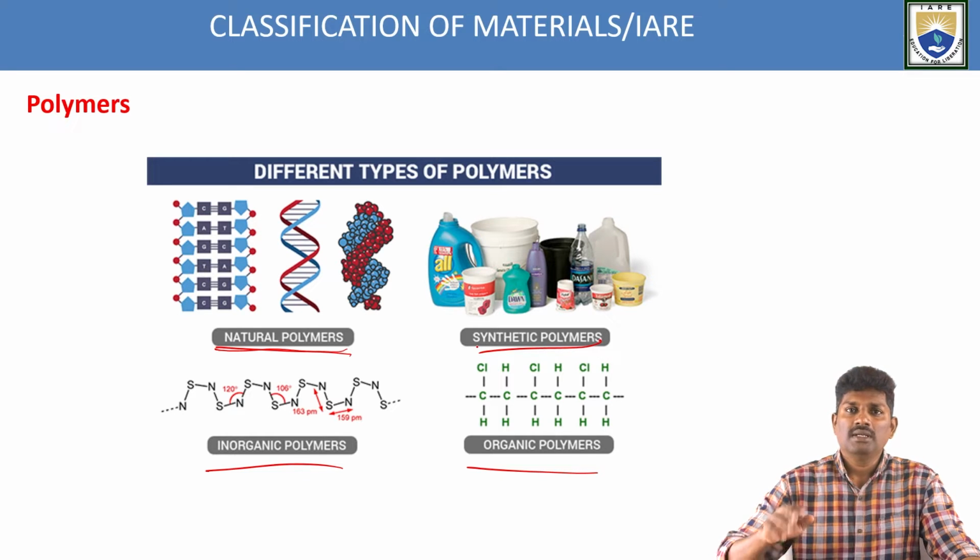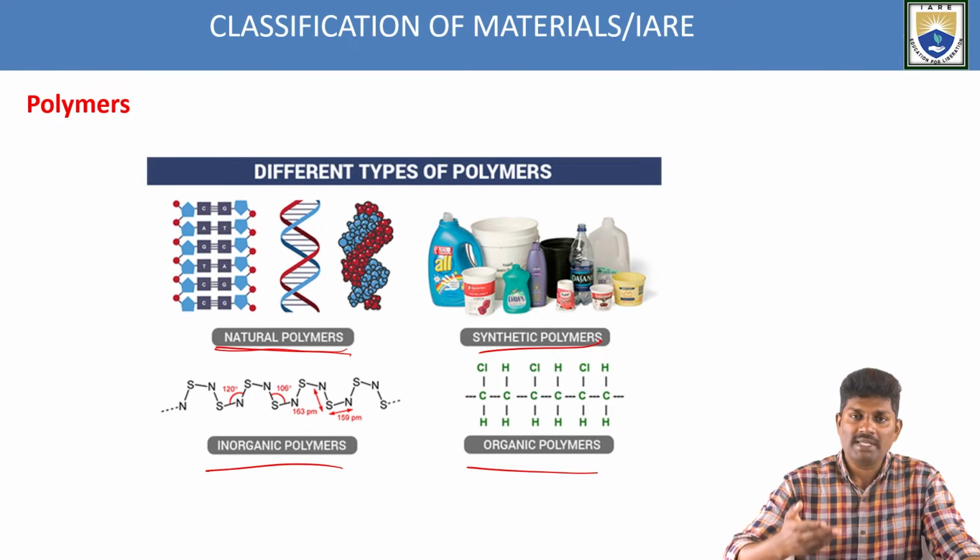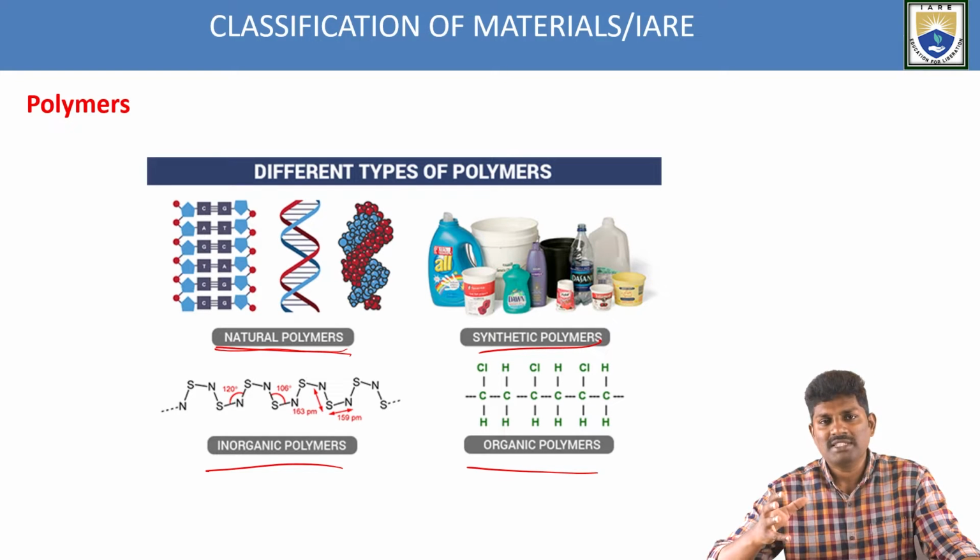Each material will have its own application. We can't make a plastic bottle with metal. Similarly, we can't make a plastic bottle with ceramic. So depending upon our application, we have to select the proper material. How can we select the proper material? If you know the structure, the composition, as well as the properties of the material, then it is very easy to select the material. The selection of material is completely based upon the properties and the atomic structure of the materials.